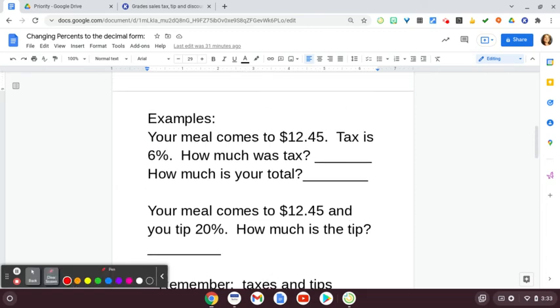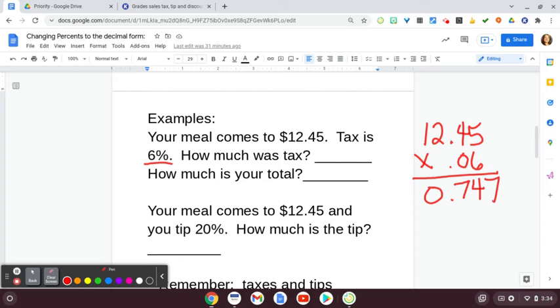So let's take a look at our example. Your meal comes to $12.45, tax is 6%. How much was your tax? So you got to take your $12.45 and find out what 6% is. Now change it to its decimal equivalent, which is 0.06. And when you multiply that, you get decimal